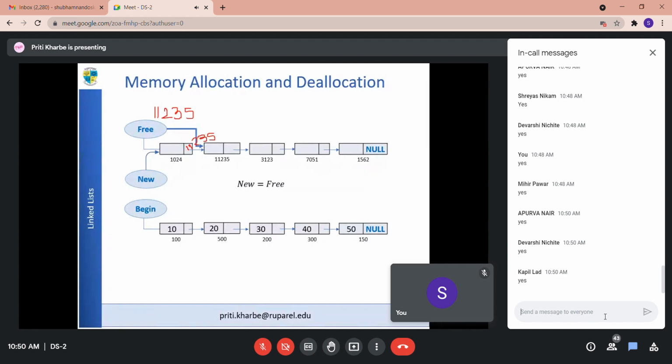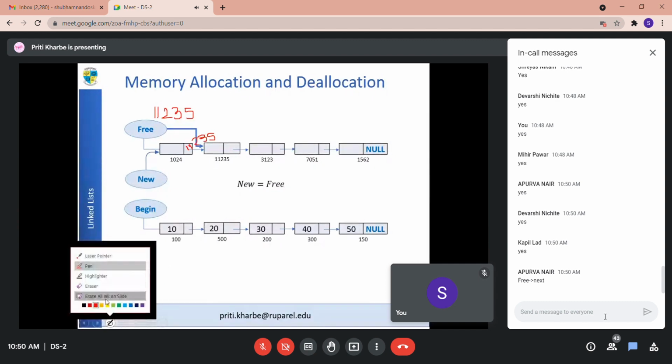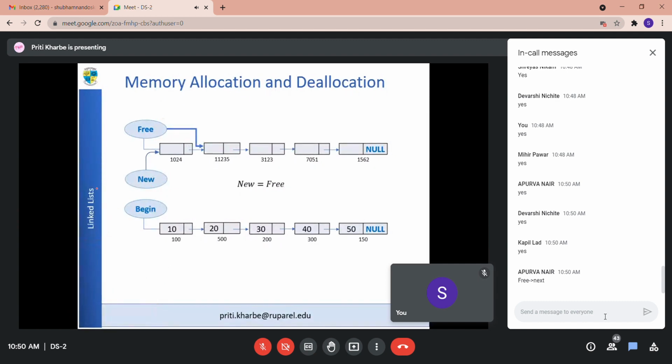So how will you write that? Free is equal to free's next. See, फिर अभी भी आपके फ्री वेरिएबल में 1024 ही स्टोर है. See, new is also having value 1024 over here. When it was conditioned like this, this was still having value as 1024.